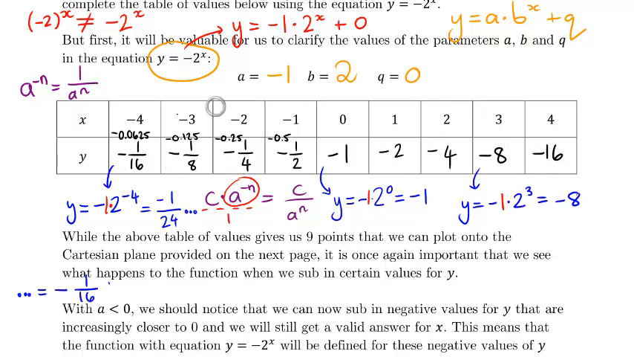We have a whole bunch of points that we can plot onto a Cartesian plane, and we will then see what happens when we take our a, which used to be positive 1, and make it into a negative 1 instead. But first,